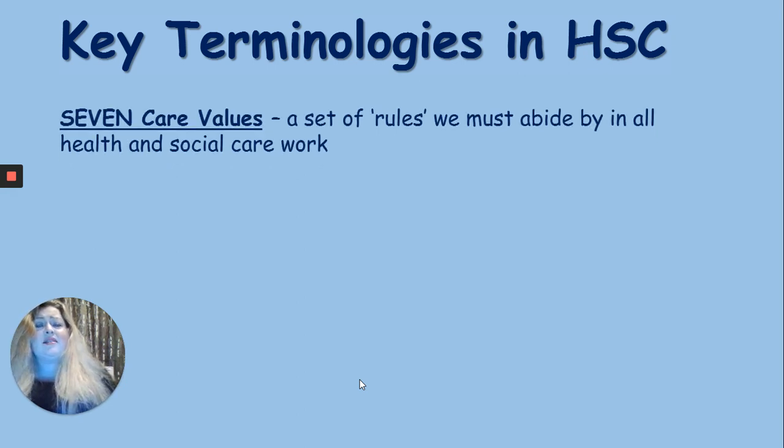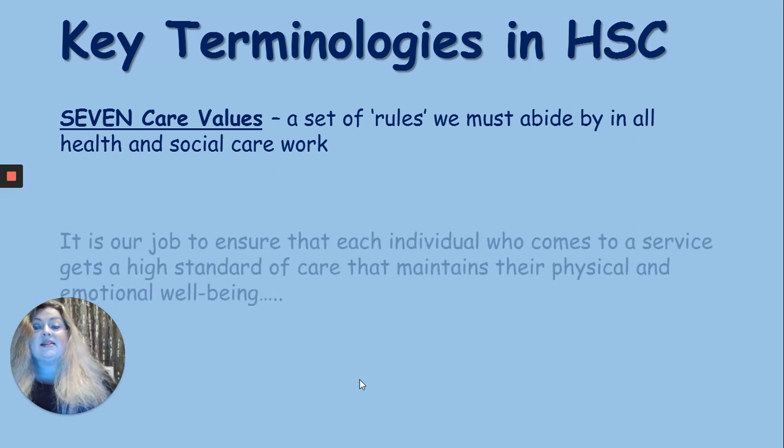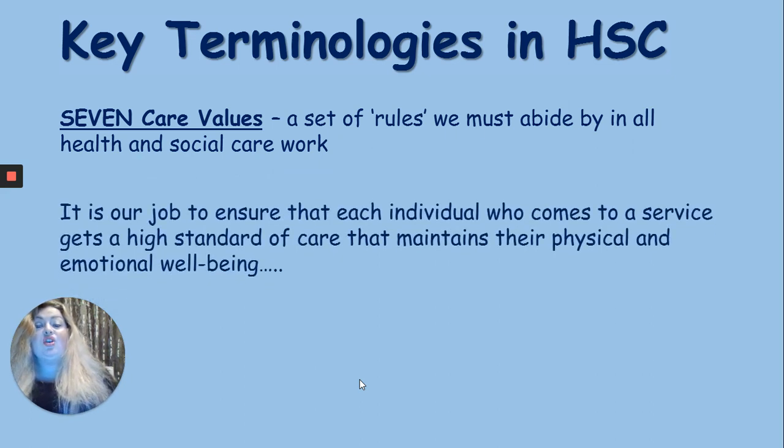They're a series and a set, if you like, of rules that we must abide by in all health and social care work. So whatever job people do in health and social care, it's really important that these 7 rules are practiced. Now, it's our job to ensure that each individual who comes to a particular service gets a really high standard of care, and that care maintains their physical and emotional well-being at all times,